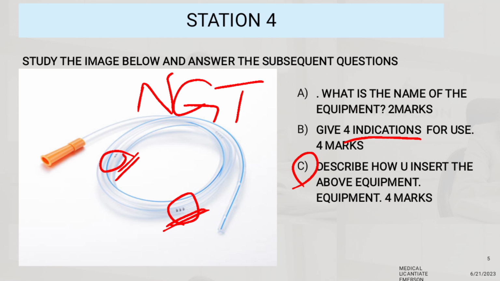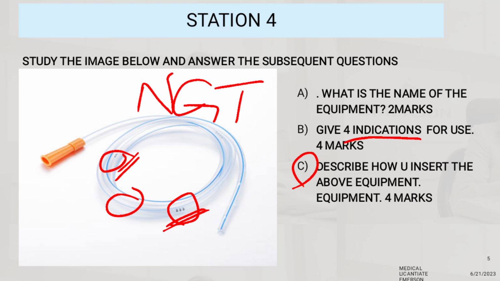If it corresponds to a point where there are no marks, you can just touch there, so that when you are inserting, you do not go above that point. Then after you have marked where you are going to end when inserting, you have to